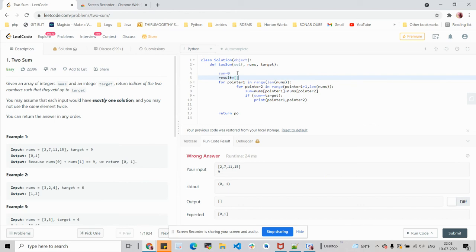I'm going to declare an empty list, and I'm going to append these values to the list instead of printing them. If the sum and the target are the same, I append the index values to the result list.